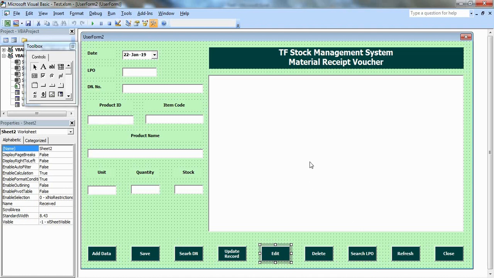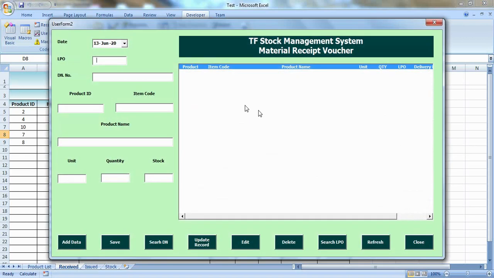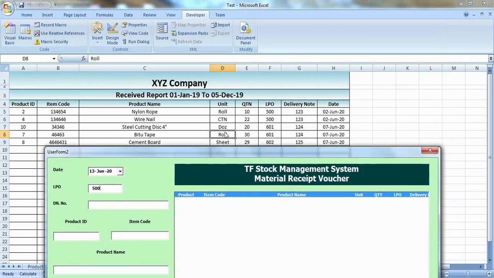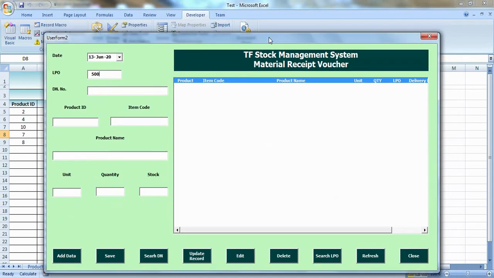As you can see here, the first button which we are going to learn is update record. For update record, if I search any record here, LPO number 500 we have entered, you can see in our record here, LPO number 500. So when I search this LPO, how will we update it?